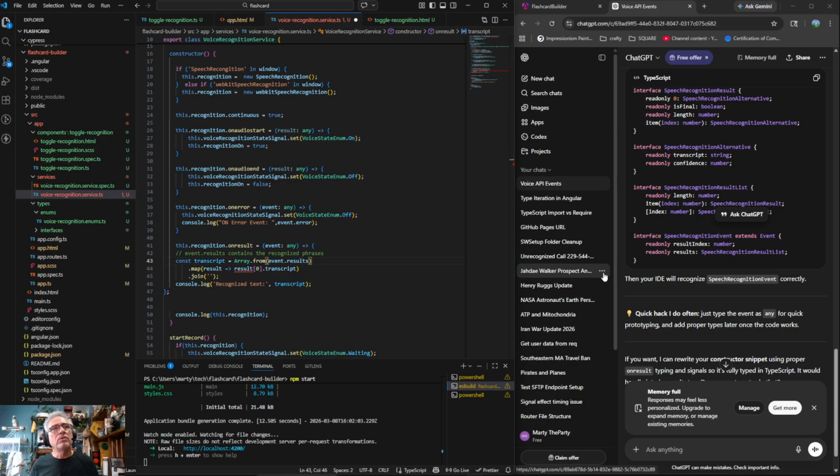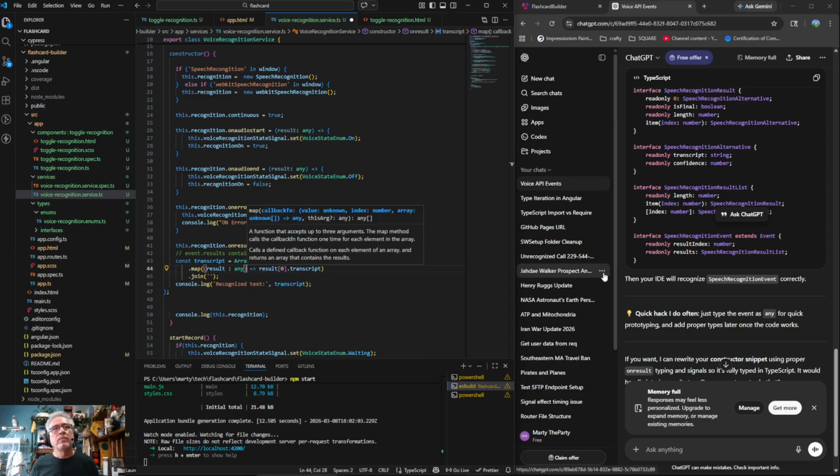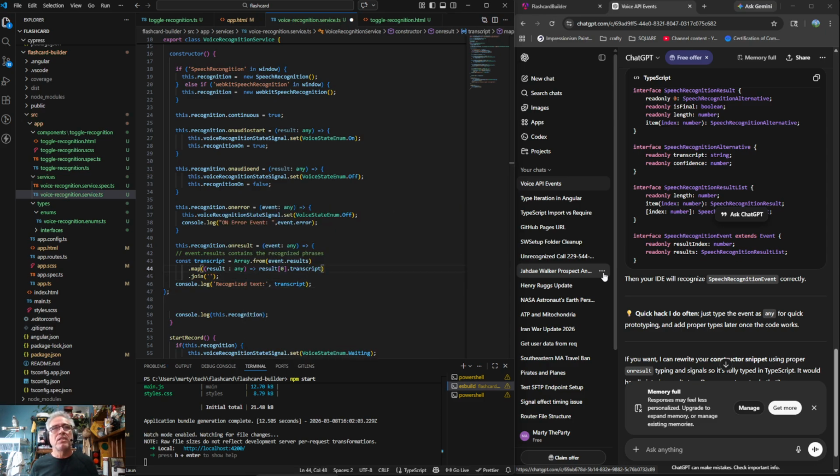Now it wants to map this result. But see, it's upset because it's saying result, and we don't know what result is. So I'm going to go here. I'm assuming I'm going to hate this code. Okay, so basically, I don't like doing this in general, but in this specific circumstance, it makes sense because nobody knows how that's going to